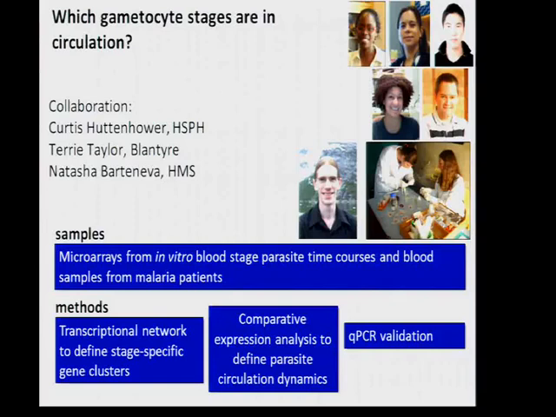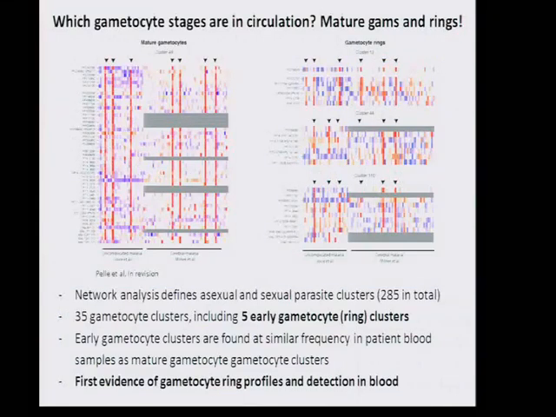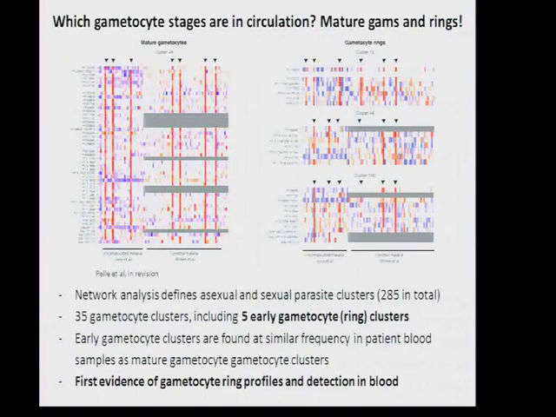So I'm not going to go into the entire transcriptional network analysis that underlies that, but basically, as a proof of principle, in the first place, we identified about 285 transcriptional clusters of a size of at least 5 genes that are covering the asexual and sexual cycle of Plasmodium falciparum. 35 of these clusters are putative gametocyte specific. Gametocyte specific means that they're enriched in immature or mature gametocyte genes, as we defined them previously in a study, or that they're enriched in very early gametocyte genes, as we defined them in this study de novo, basically using